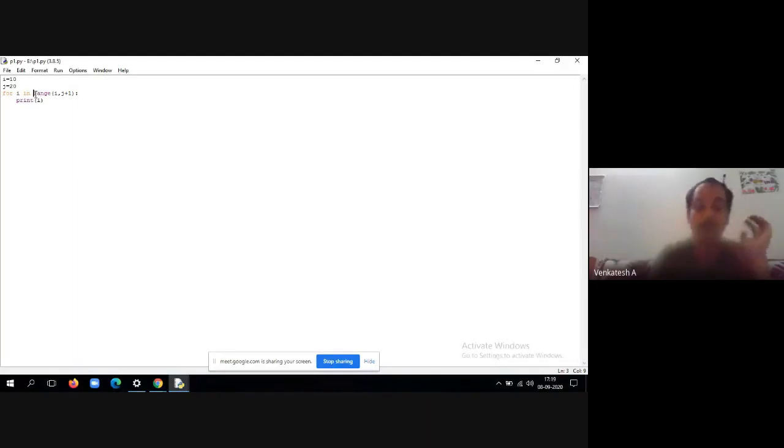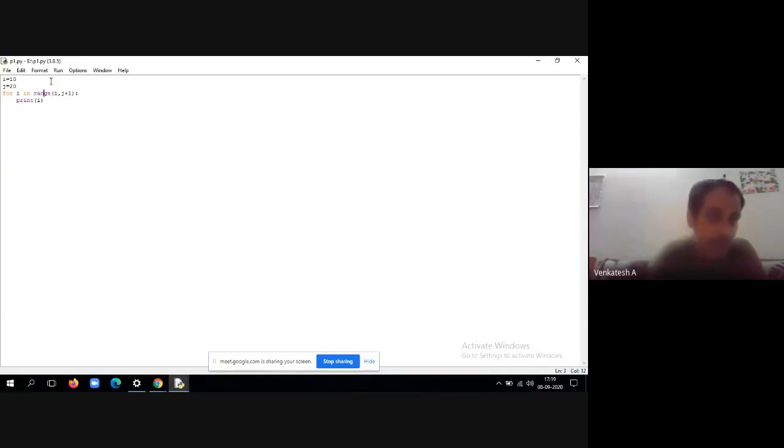See, whenever we deal with a for loop, we have three parts in that for loop. The first part is called initialization, the second part is the condition, and the third part is increment or decrement. So we have initialization, condition and increment/decrement. But here the syntax of the for loop is very simple and quite different as well. Here, i is the iteration variable, in is the keyword, and range is the function.